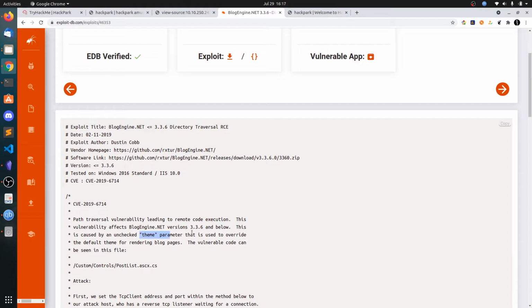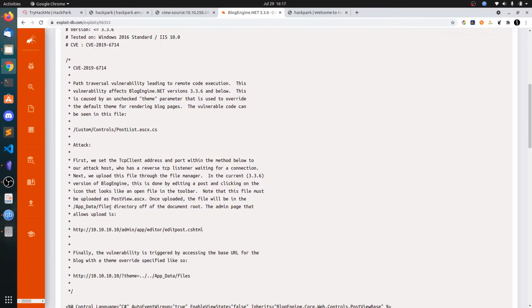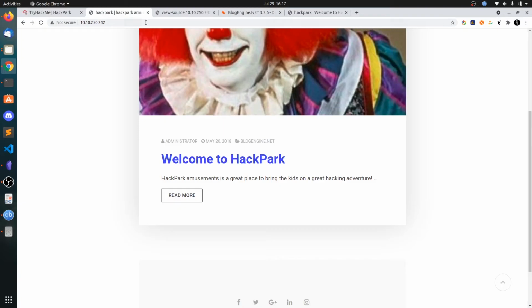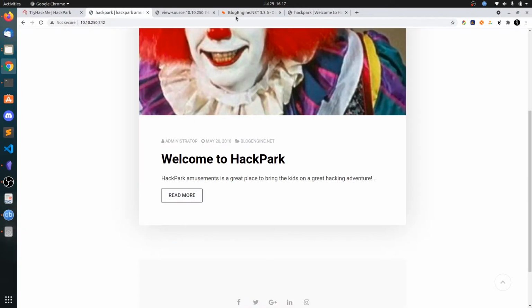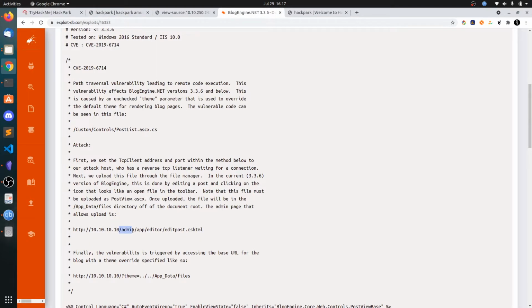Theme parameter. So there is a theme parameter, and there is a URL, the website /admin. So we need to be logged in to the website, even without brute forcing with GoBuster. You can see by checking the admin page.